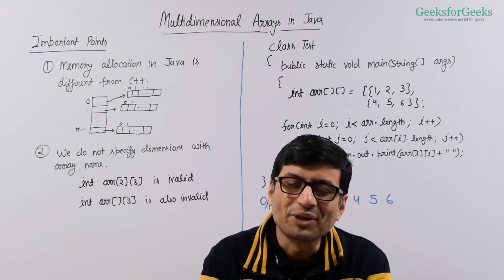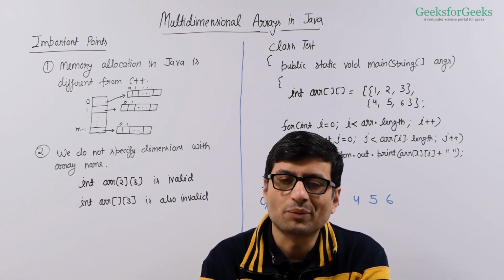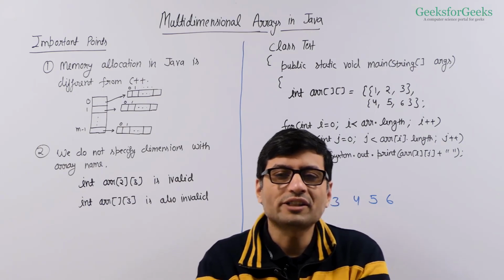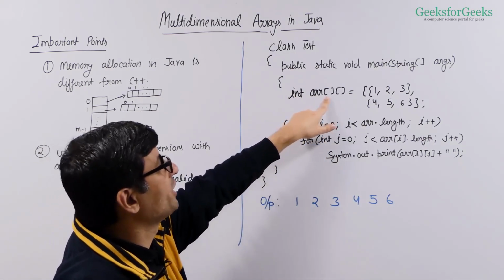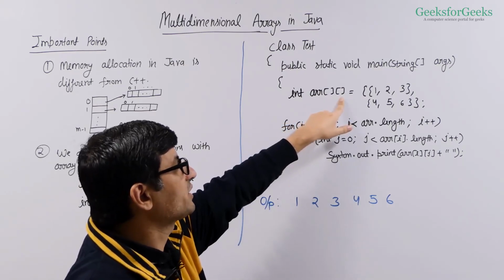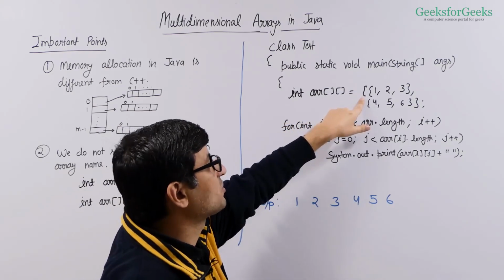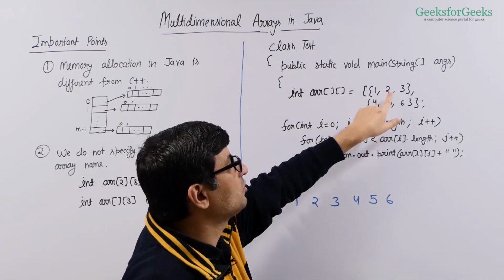Hi, in this video we are going to talk about multi-dimensional arrays in Java. Let's take a look at this example. Here we have created a 2D array. We have used two square brackets and we have initialized this 2D array with elements as 1, 2, 3, 4,